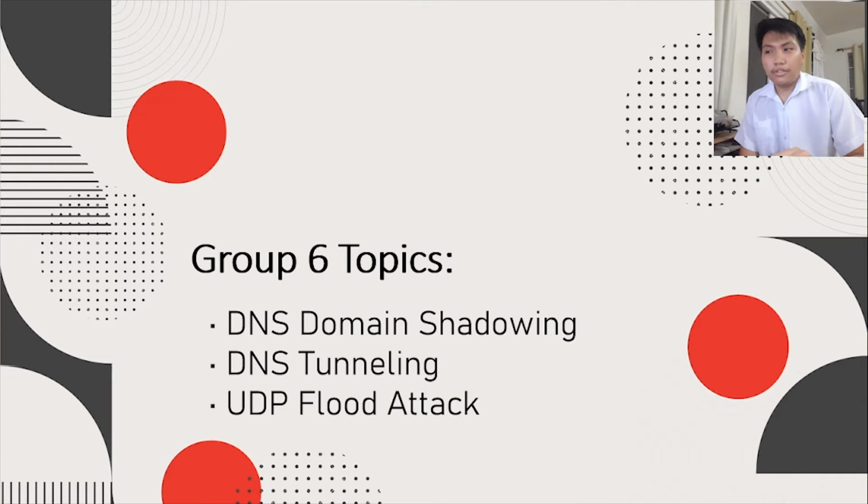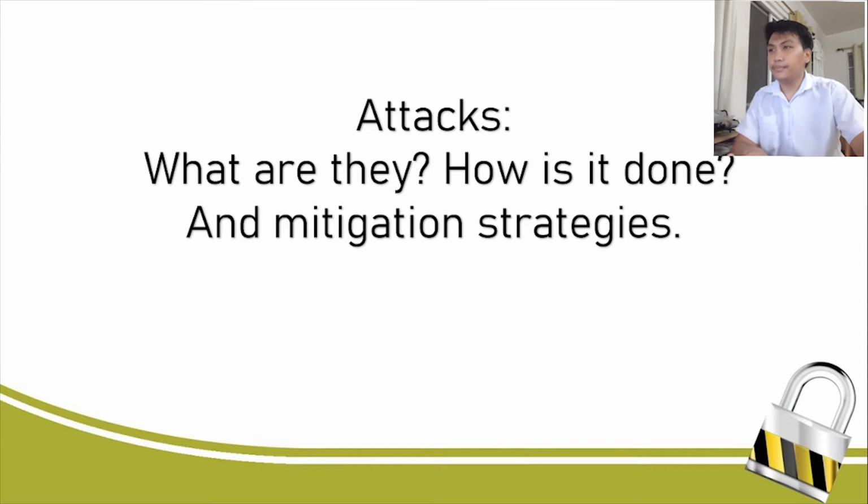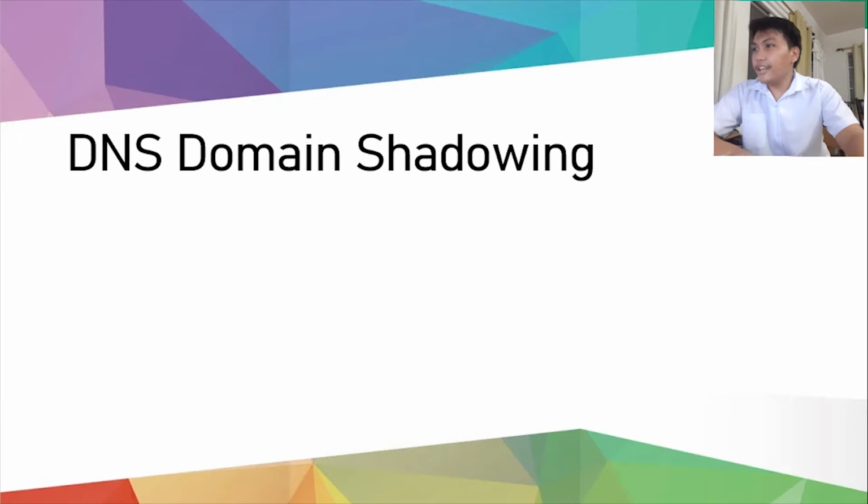The Group 6 topics are DNS domain shadowing, DNS tunneling, and UDP flood attack. So, what are they? How is it done? And what are the mitigation strategies that are done to mitigate those attacks? Let's find out. For DNS domain shadowing,